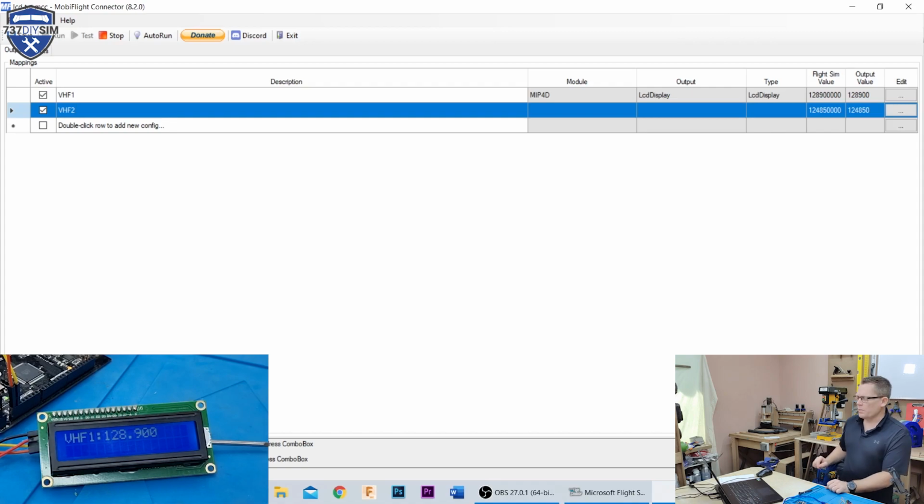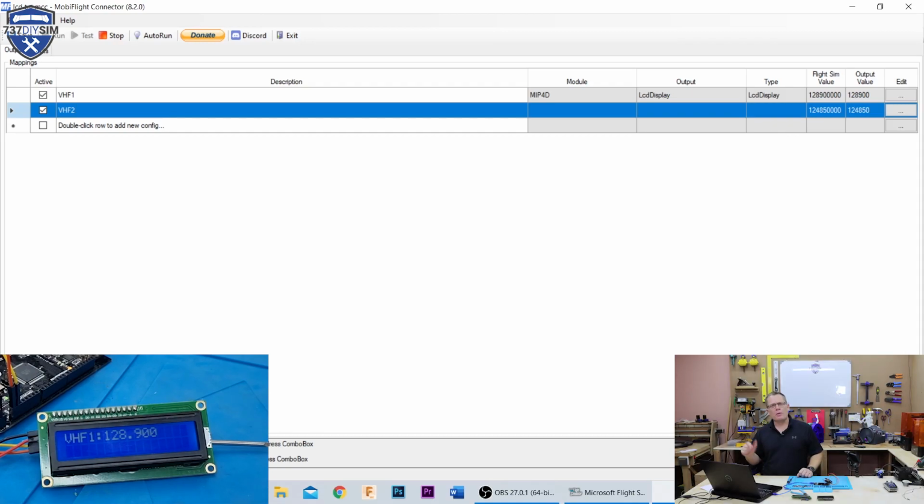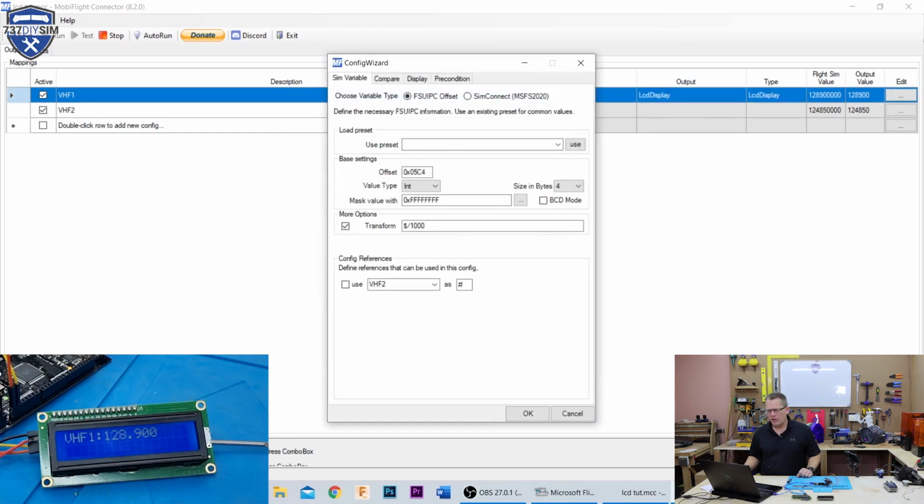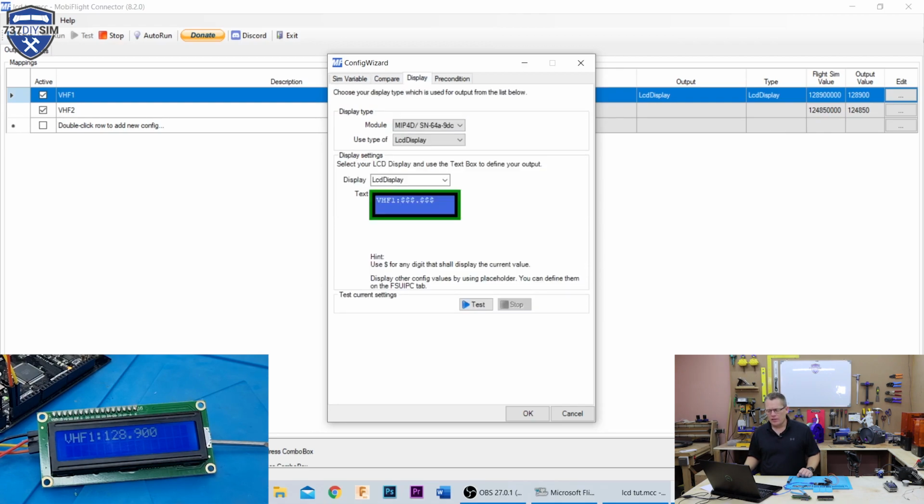Only VHF1 is displaying on the LCD display, so we need to go back to the original line where we set the LCD display up on. And that's line 1, because you can see in the output LCD display. We're going to edit that line. And you can see at the bottom here, we've now got this second reference box. We can hit the tick box there, head back over to display, and at the end we can hit return,